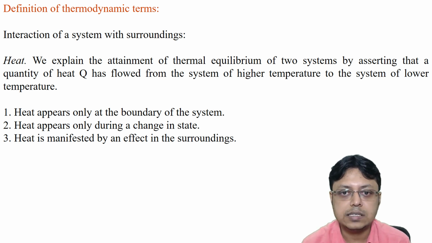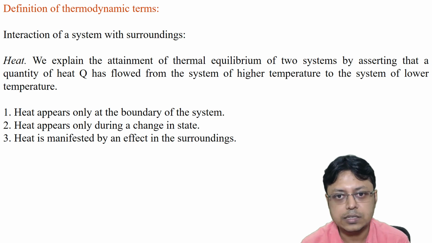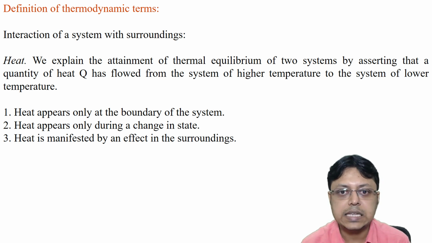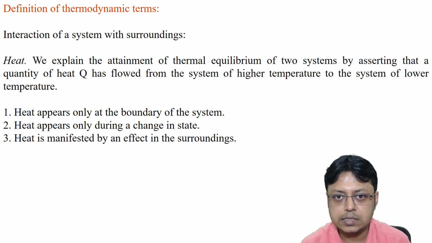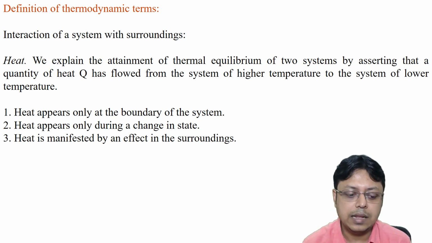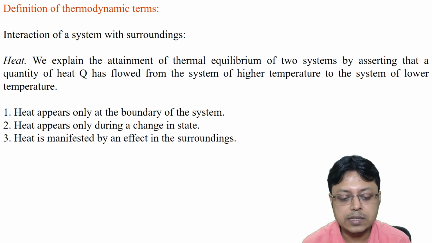Due to the change in the system, there will be an effect in the surrounding. For example, if we do a process in which the heat is absorbed by the system, then the temperature of the surrounding should go down,